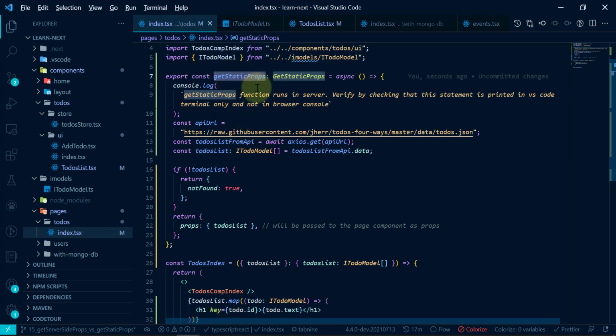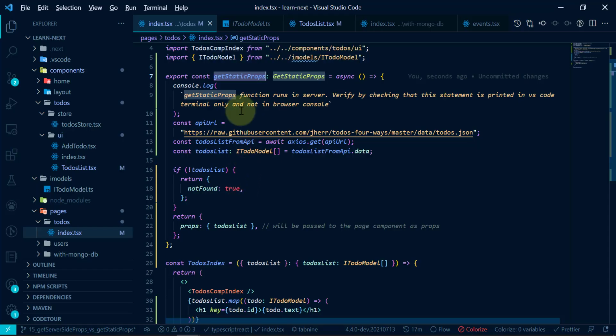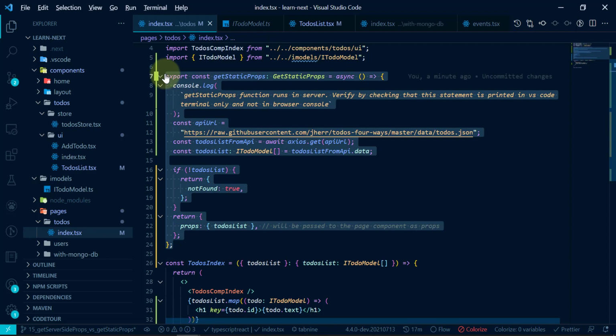On every request means whenever we click on refresh or whenever we visit the site. While in development mode, meaning whenever we are using npm run dev, both get static props and get server side props will run every time, because we are in development mode, and it is mentioned in their official documentation also. But when we deploy our app, or run it using next build, it differs. I will give a link in the description of another YouTube video that explains the difference between them using mongodb as database. Check that out for more clarity, as he has used mongodb, so it will become clearer.